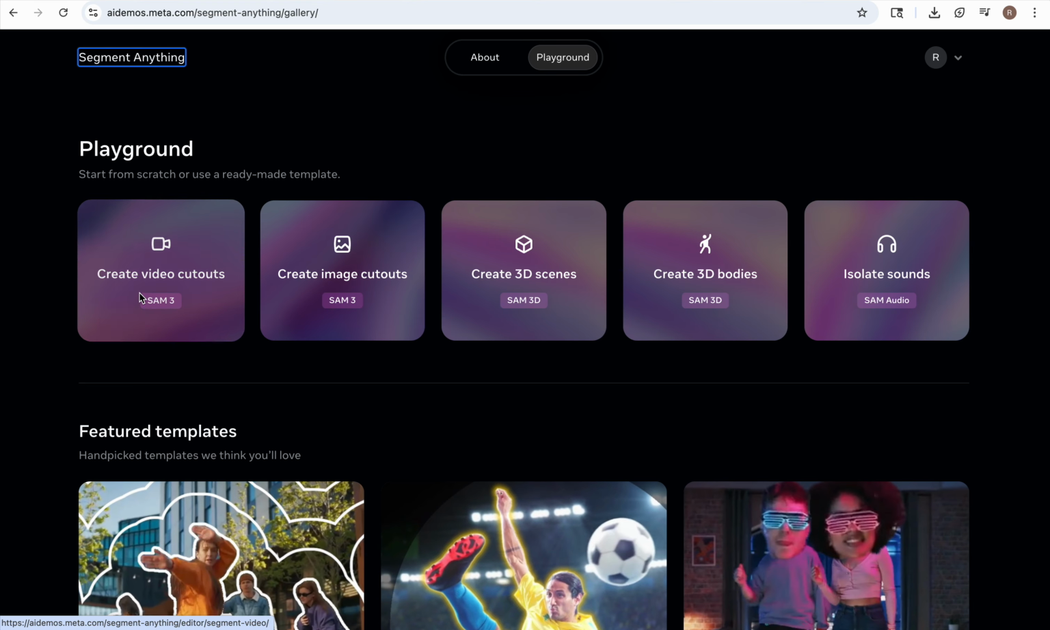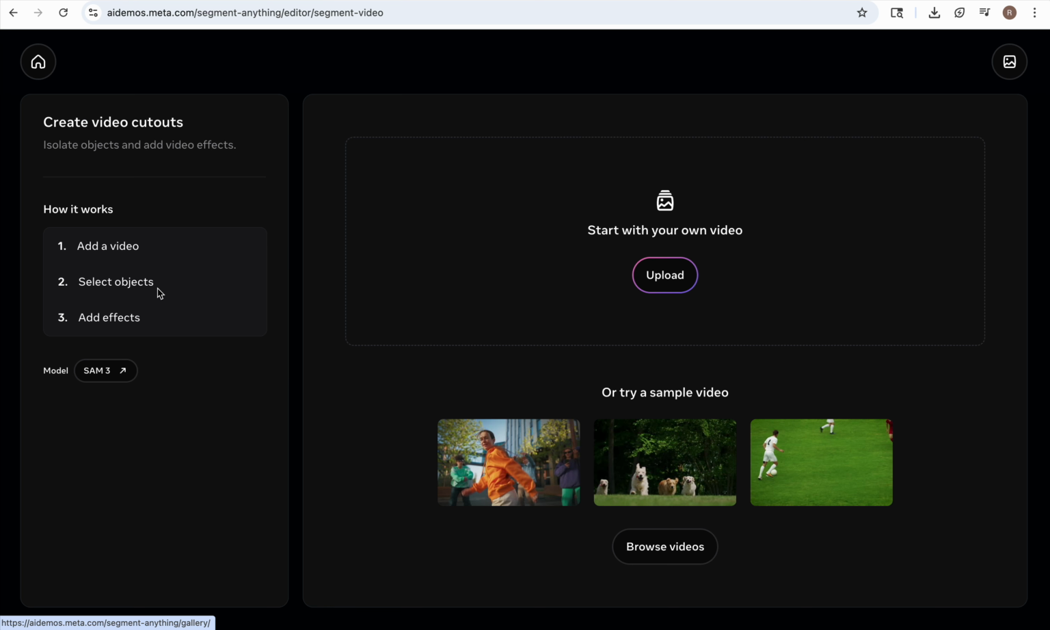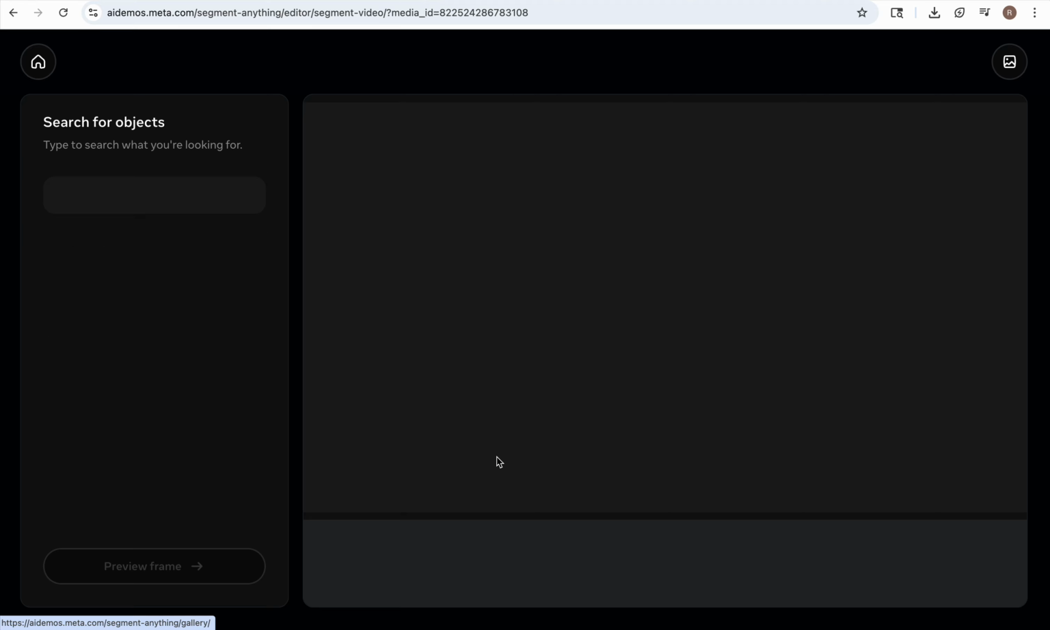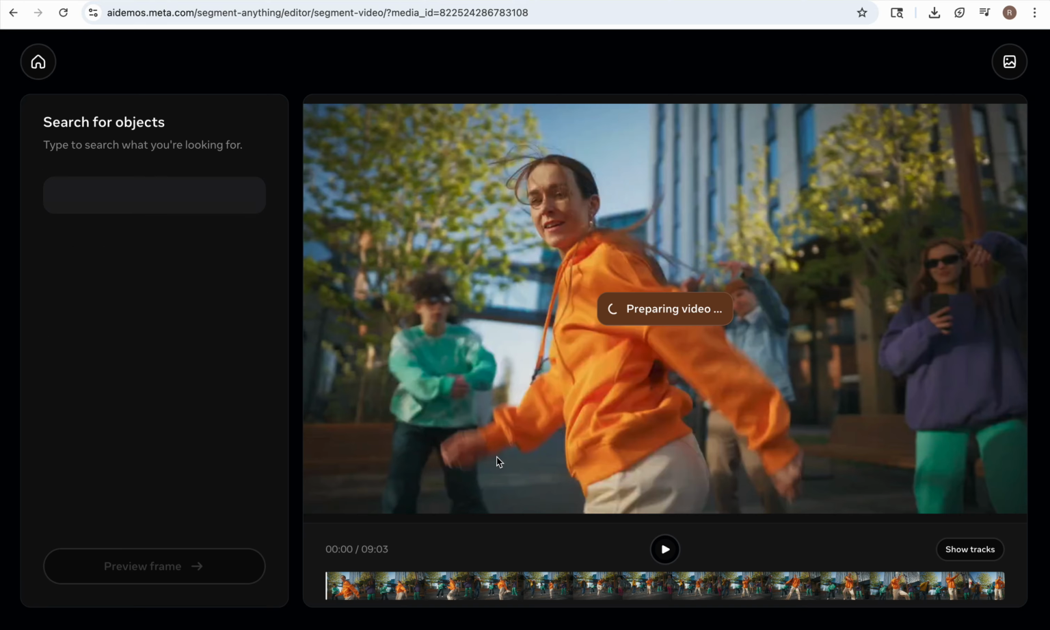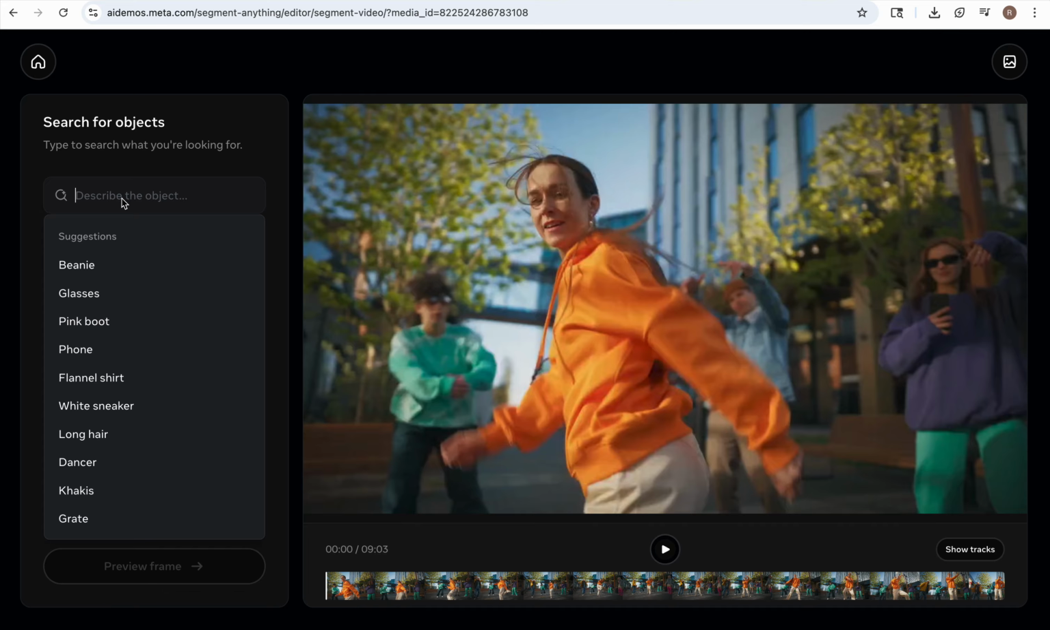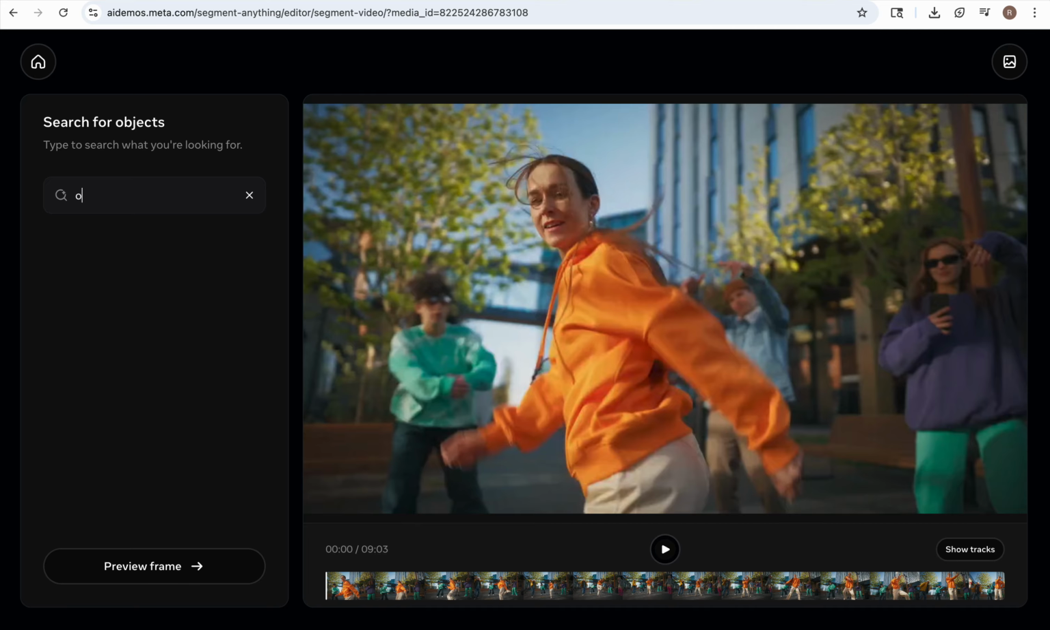So let's start with the video cutouts. Let me click on create video cutout. Here I can upload any of my videos, but for this demonstration, I'll use this sample video, right? What I want to do is change the color of this orange shirt. So in this video, I can first search the object. I'll say orange shirt. So it will search this